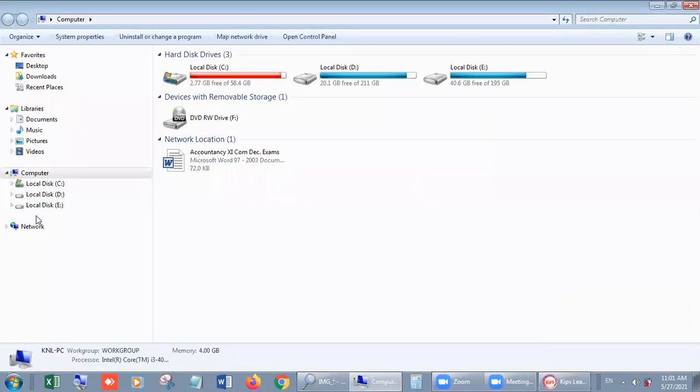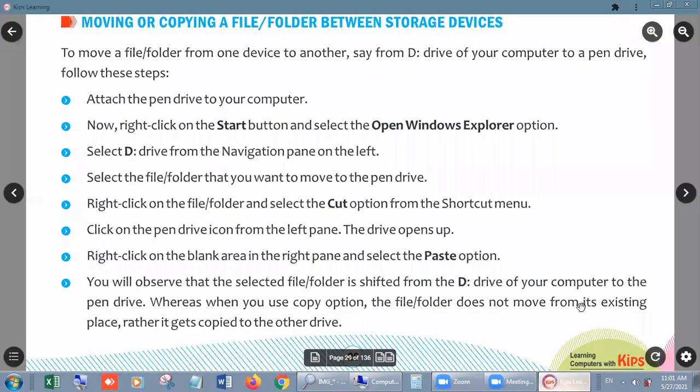Look students, now there is no removable drive. Okay, so it is totally based on the right click or organize option. Clear? So we already cover this point. Next is